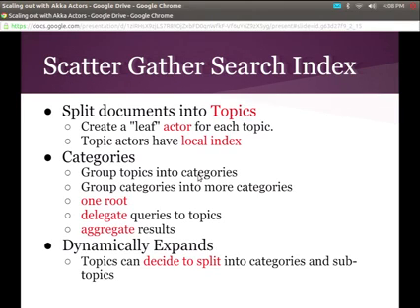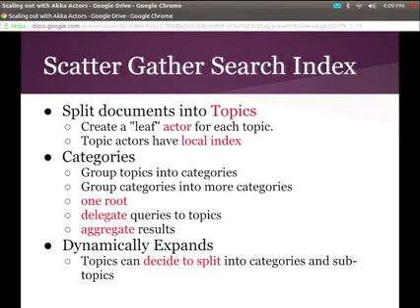Anyway, this search thing dynamically expands. So if I have a topic that has too many hotels in it, so let's say I make a topic for all of Pennsylvania, and then a whole bunch of new hotels register with my service, I can take Pennsylvania and split it out into two halves dynamically on the fly, because the topic has some health metrics where it can discover whether or not it's too large and split itself. Okay? That's what the existing system does.